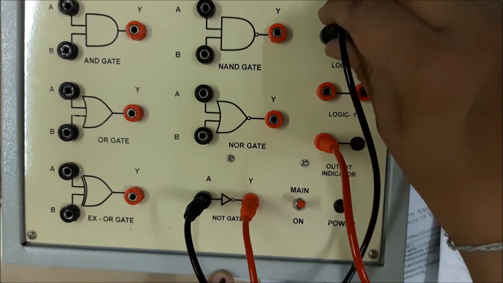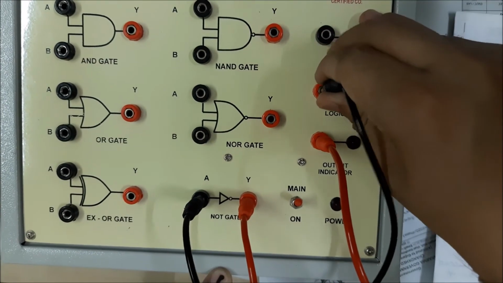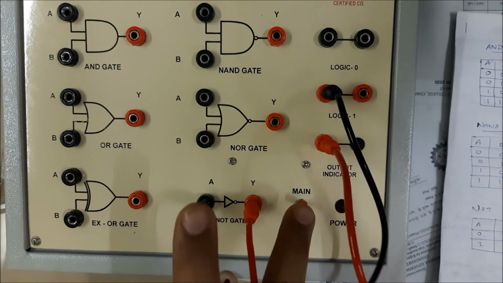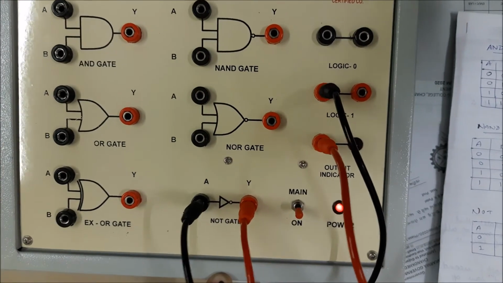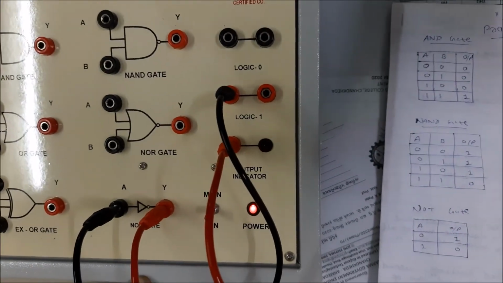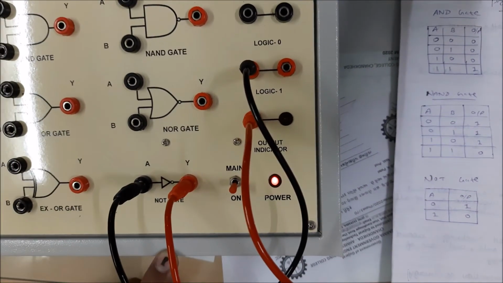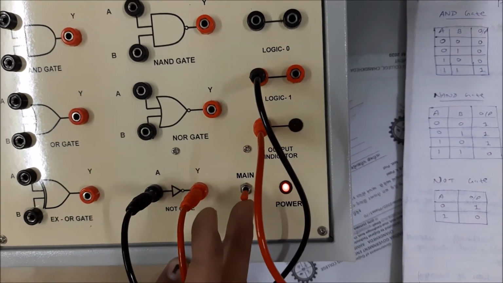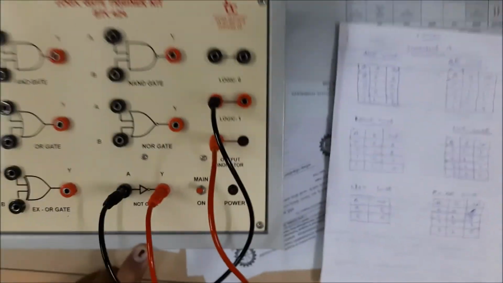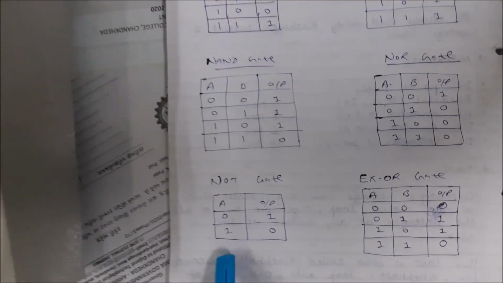Let me change it. Input I am setting 1 instead of 0. So I should get 0 as output. So this is verified. If I am giving 1 logic at input, I am getting 0. If I am giving 0 logic at input, I am getting 1. So it will invert its input. This is the truth table of NOT gate. If it is 0, it will be 1. If input is 1, output will be 0. That's it. Simple. Next and final gate that we are going to discuss is XOR gate.